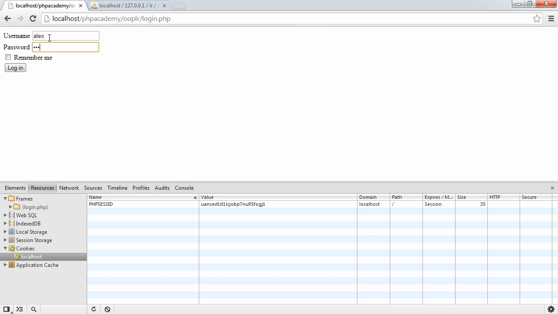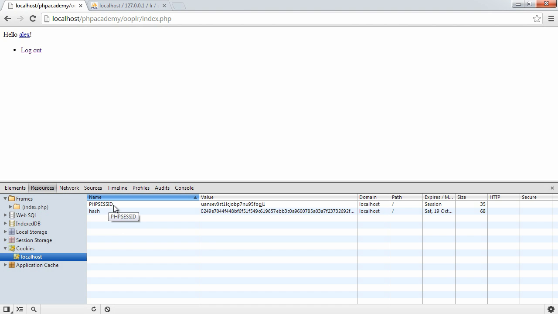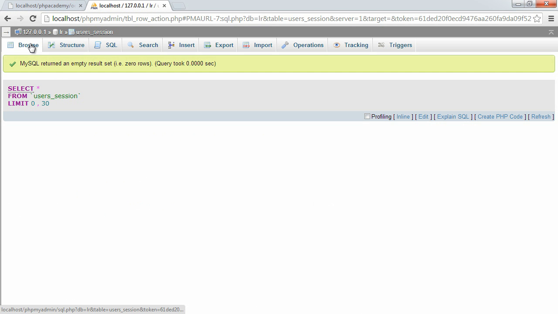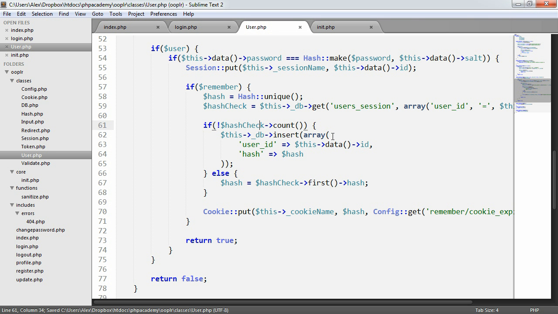If I log in now by checking this and click log in, you see that we've now got this hash value that's been stored here. So under cookies localhost, we get the PHP session ID, and we also get this hash that's been generated here, this long hash here. Now, if we look inside of our database, oh, it's not been stored. Let's take a look why. That's why. We need to define where we want to store this, so user session. Okay, so let's go ahead and delete this